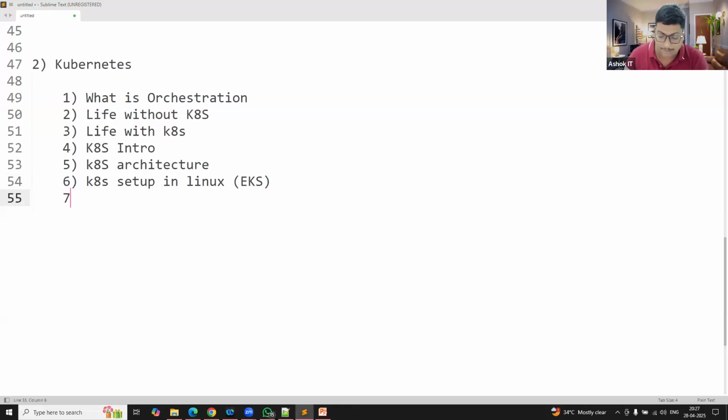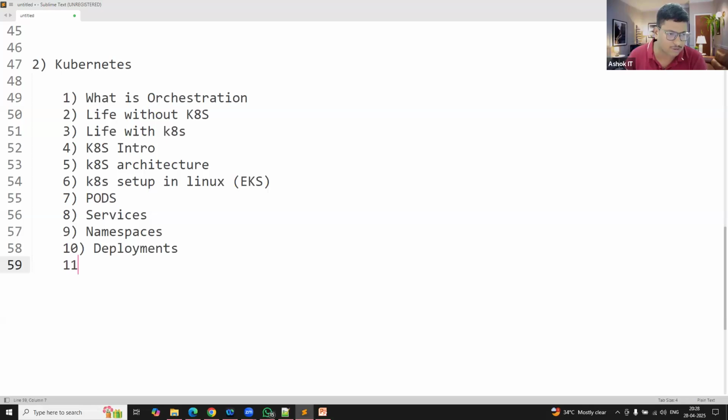Once the Kubernetes setup is completed, we will talk about pods in Kubernetes. We will talk about services in Kubernetes, and namespaces in Kubernetes. We will talk about deployments in Kubernetes and StatefulSet in Kubernetes, and we will talk about ConfigMap and Secrets in Kubernetes.